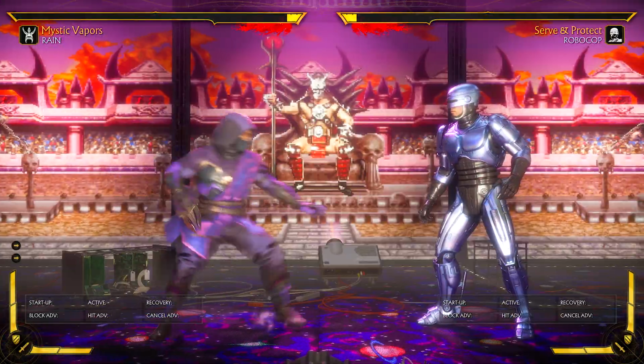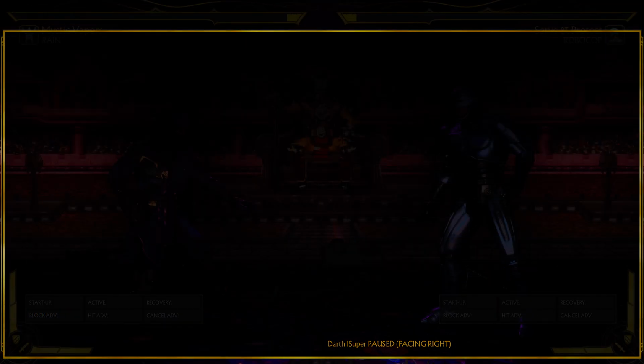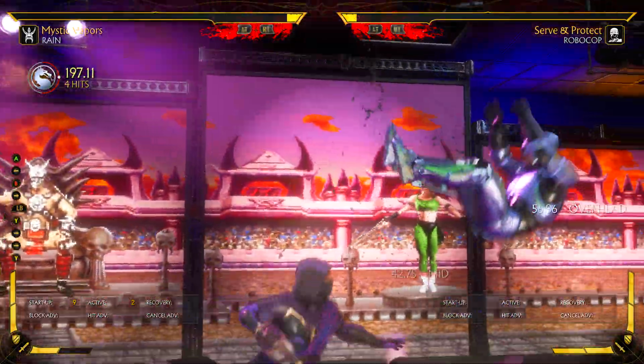Back 3 is this low right here. It leads into this move, which I think is safe. Back 3, 4, -7. You're really not going to get punished for that. But of course, this low could be converted into...